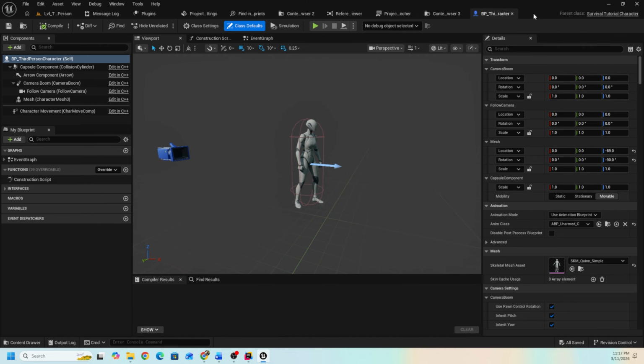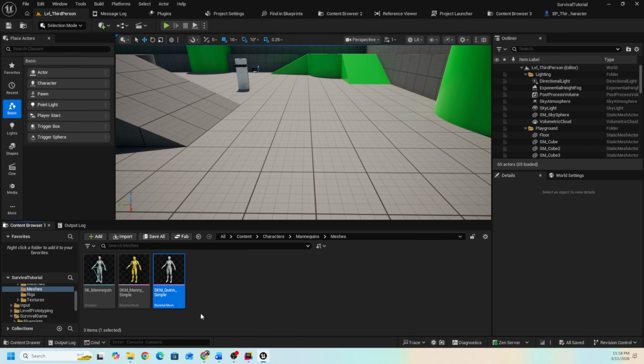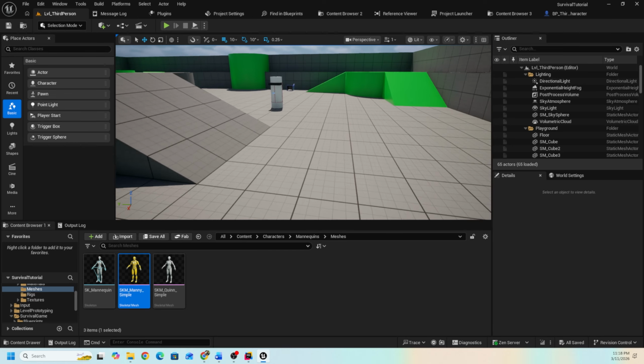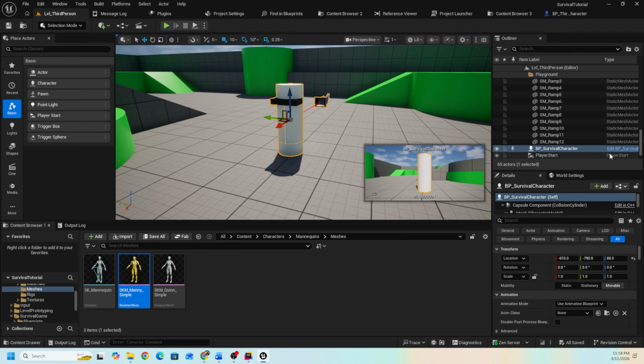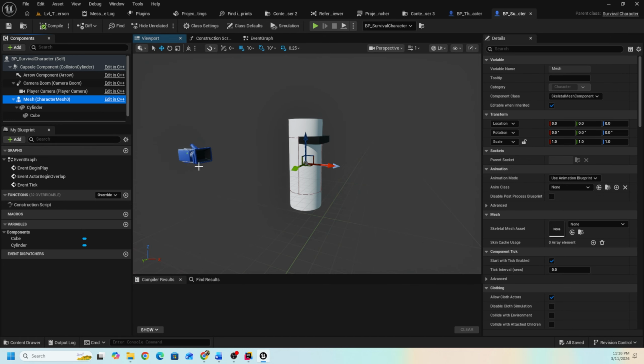Let's drag and drop it to here, and let's find our mannequin mesh. I'll use this simple mesh. So let's replace our BP survival character blueprint with the mannequin mesh,